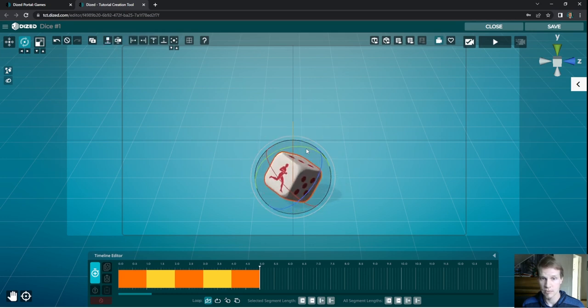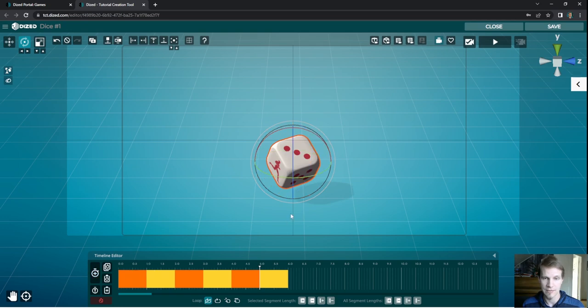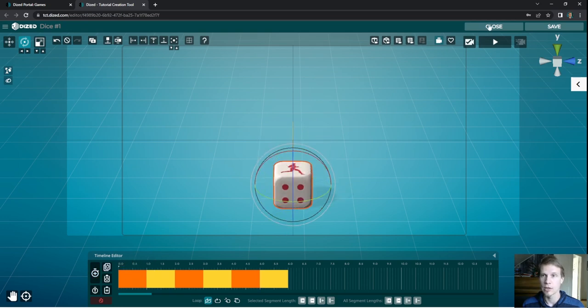And now you can see when it continues the movement, it doesn't hit flat on the ground. So what I'm gonna do is I'm going to bounce it a little bit so it finds its place. So it's on ground level now. I'm going to save it here. So what it looks like now,